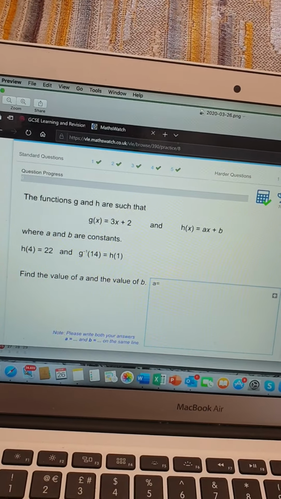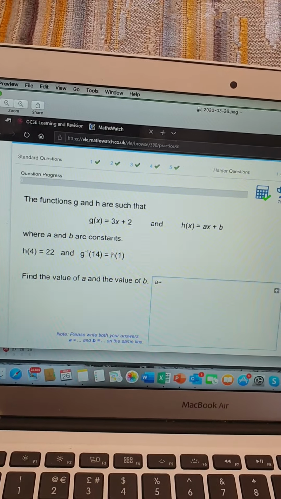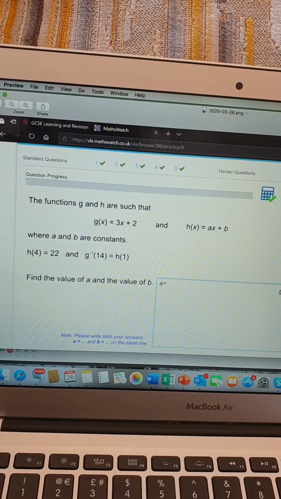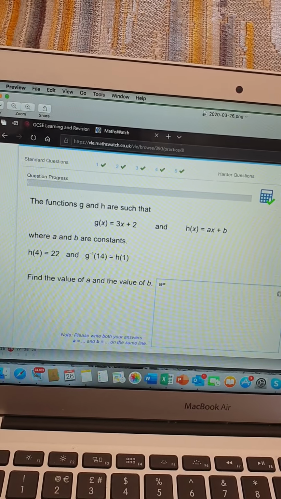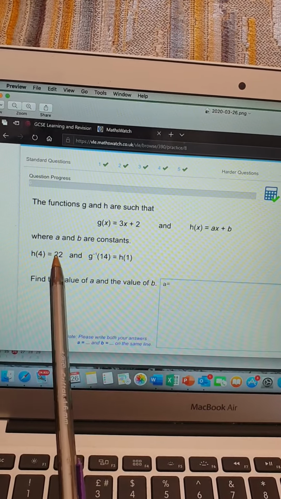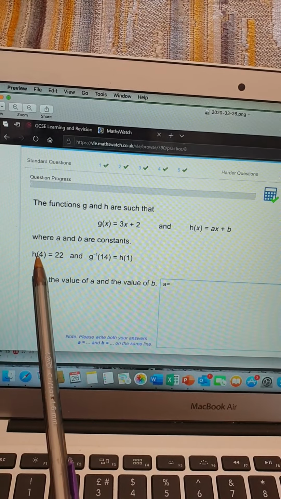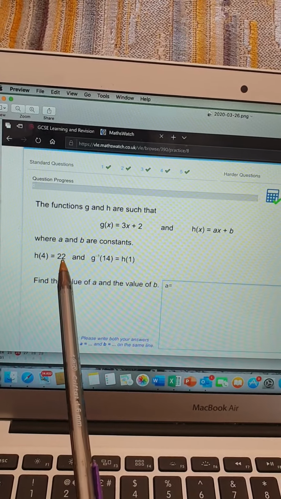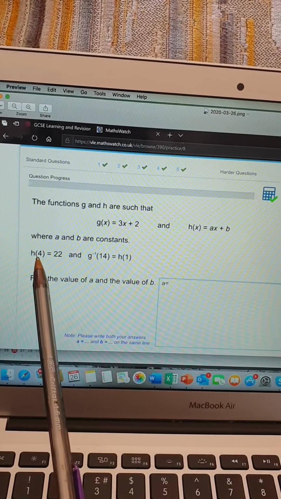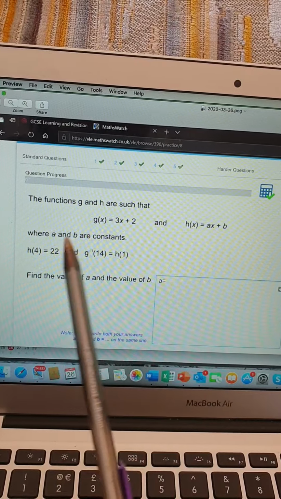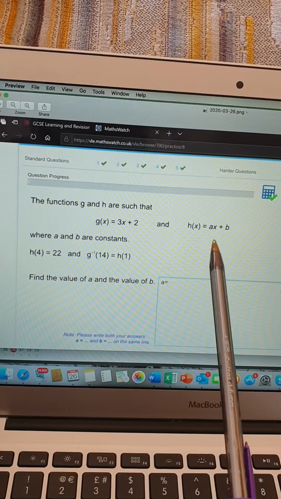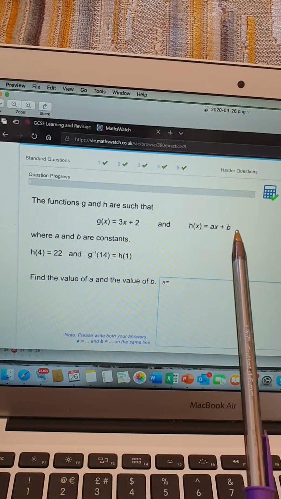Okay, so for this question, you're right, it does have something to do with simultaneous equations, but we need to work out what our simultaneous equations are first. Now, here it tells us that h of 4 is equal to 22. Now, what that means is that in h, if you replace x with 4, then ax plus b would be